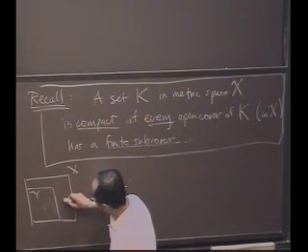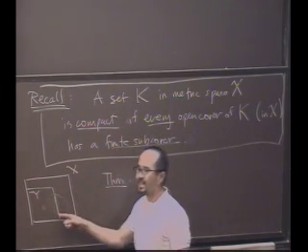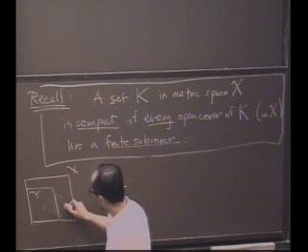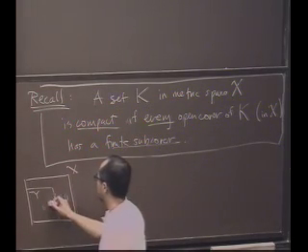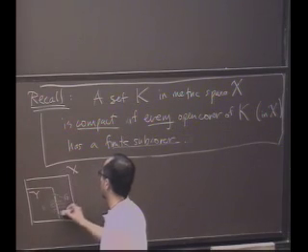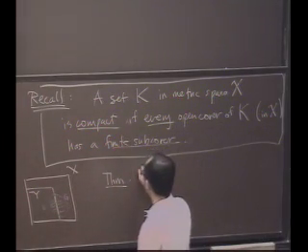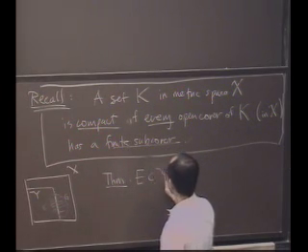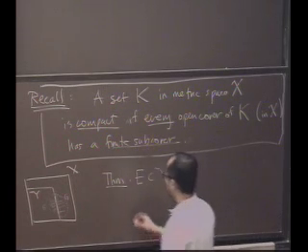Well, I claim that there's some other set that is open in X for which this is the intersection with Y. So that was the theorem from last time. We could call this set G if you wanted, which is the entire thing on both sides here. So the theorem we proved at the very end of last time was: if you have E, which is a subset of Y, which is a subset of X, then E is open in Y